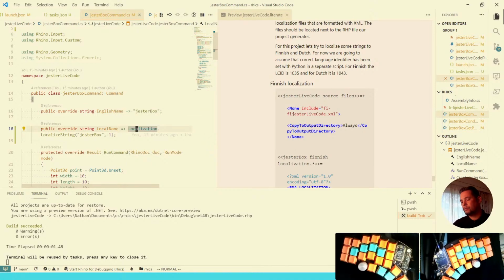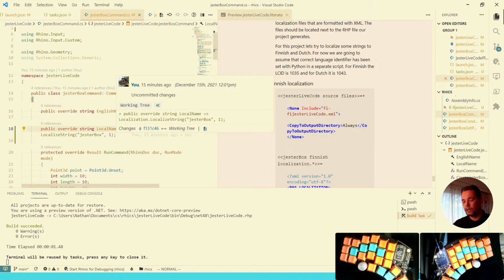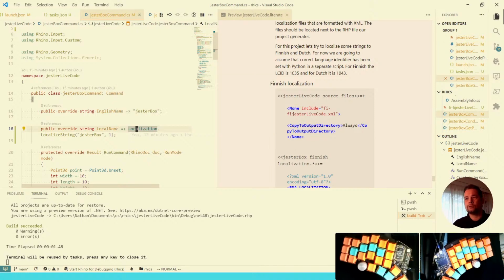then have here your own switch where you check rhino.ui.localization.current language identifier. I believe it was, or just language identifier, I guess, and look at the language code ID that's returned by that, and then at least you should be able to detect those languages that the user has actually installed. So the ones that